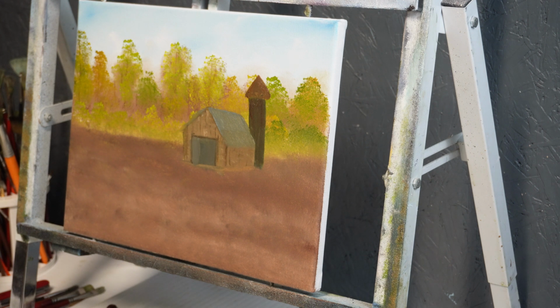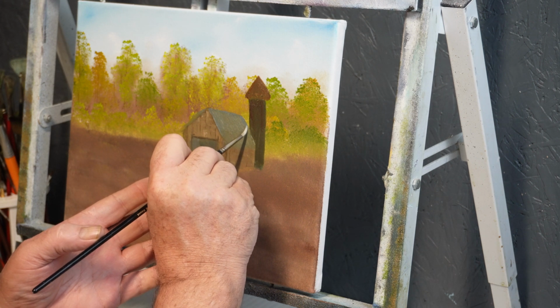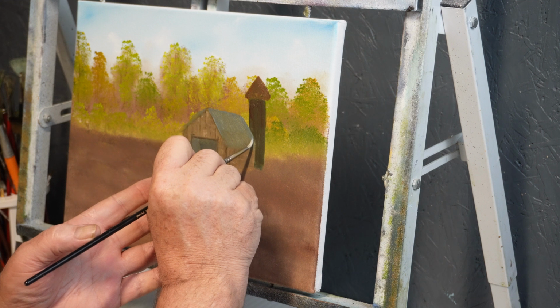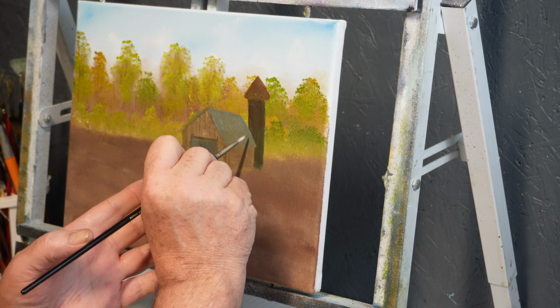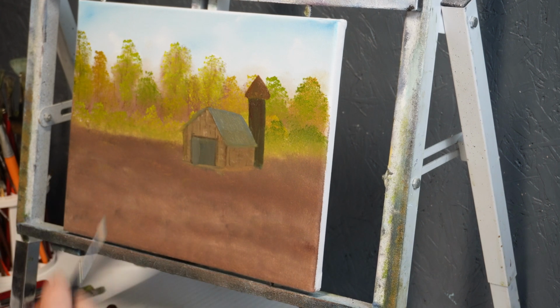And just like that, we kind of have a halo, a silo. Now, in order to fix that roof, we're going to go right back into that color that we used to make it, that dark gray blue color. And we'll just come right up here at the top, and we'll come straight down this line, just like so. And that'll pull that silo right behind the barn,